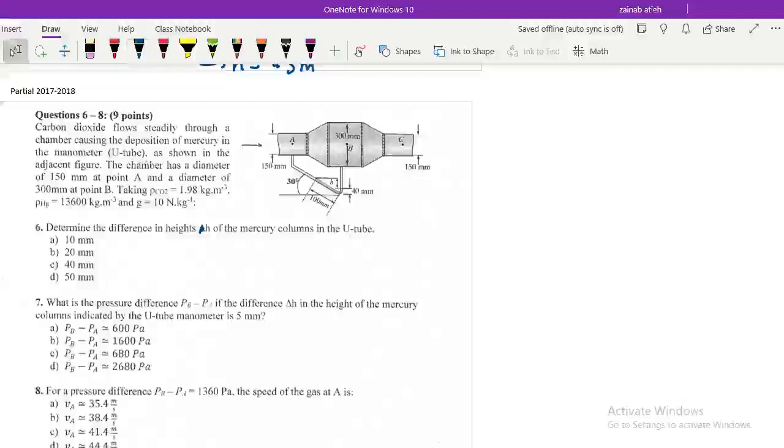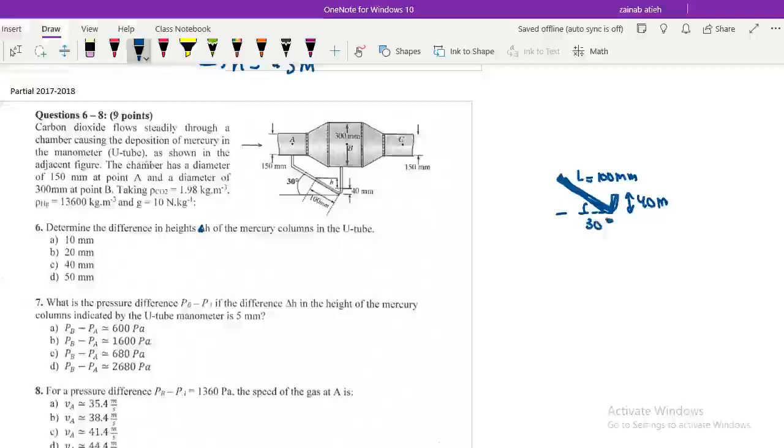In the given, I have neither PA minus PB, nor VA, nor VB. I only have the areas and I have the rhos. So if I look at the figure I can find the difference from the geometry that he gave me. He gave me the distance from here to here, 10 mm, and the small height here is 40 mm, and I'm searching for the big height. Because the figure here is a bit small, I will try to draw it here. I have this mercury like this. This length is L equals 100 millimeter, and I have the height here, it's 40 millimeter, and I have this angle here, it's 30